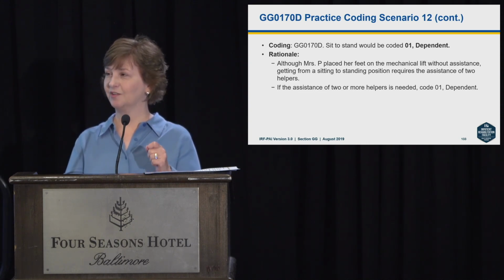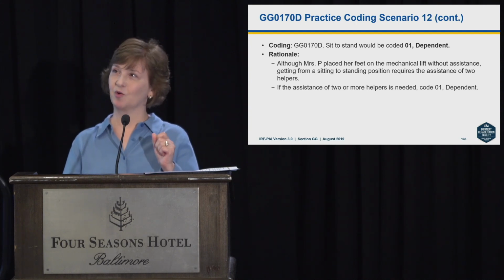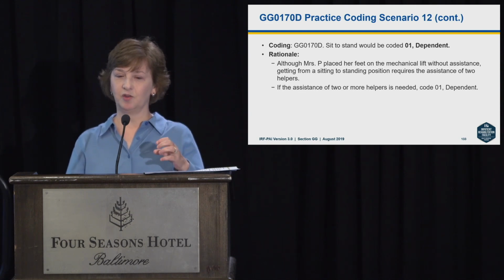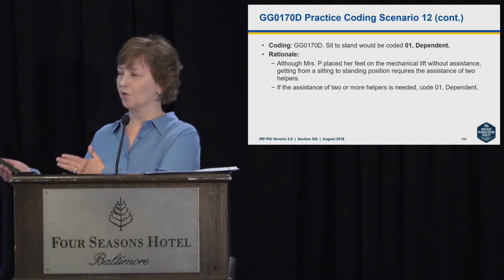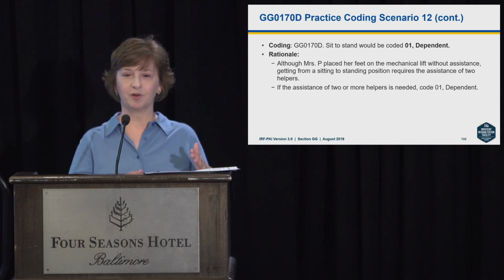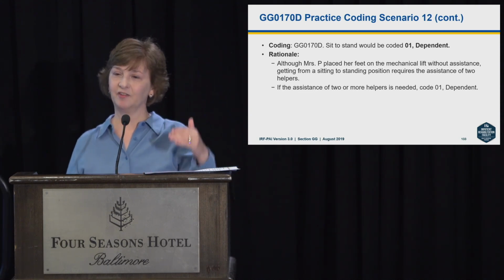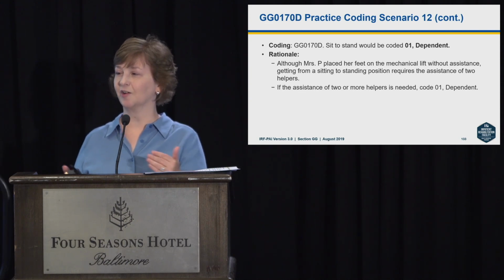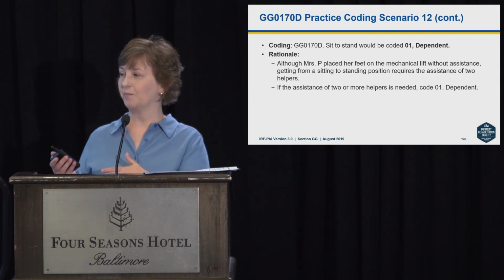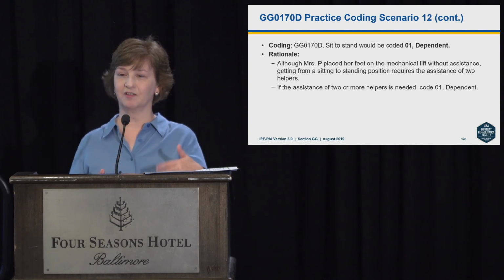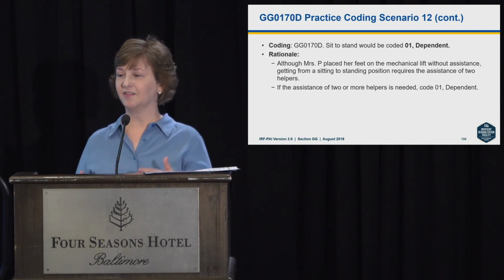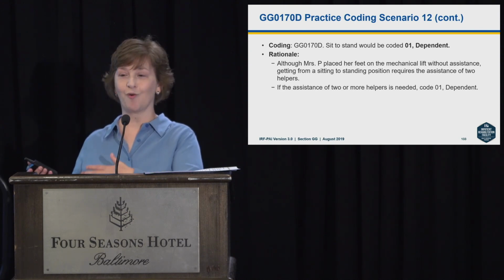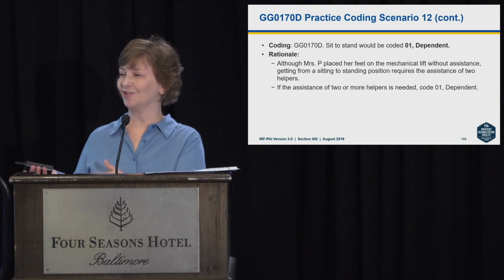But if you follow the decision tree, and this question came up in, I think, the May training, in the instance that you have 2 or more helpers and the person helps a little bit, if you follow the decision tree it will help you come to the determination that the code would be 1. So basically, in the instance where the person is participating a little bit and the assistance of 2 or more helpers is required,